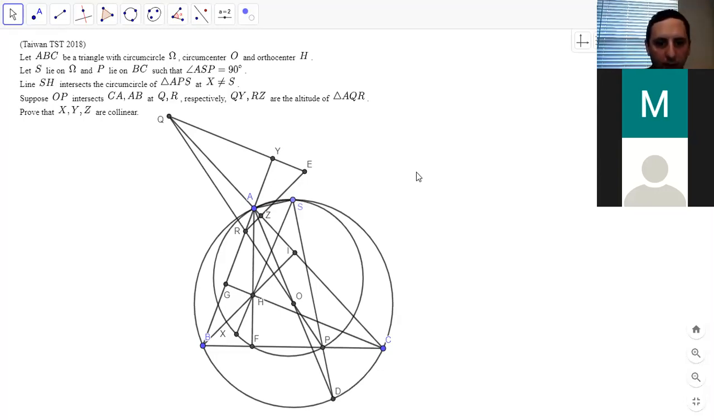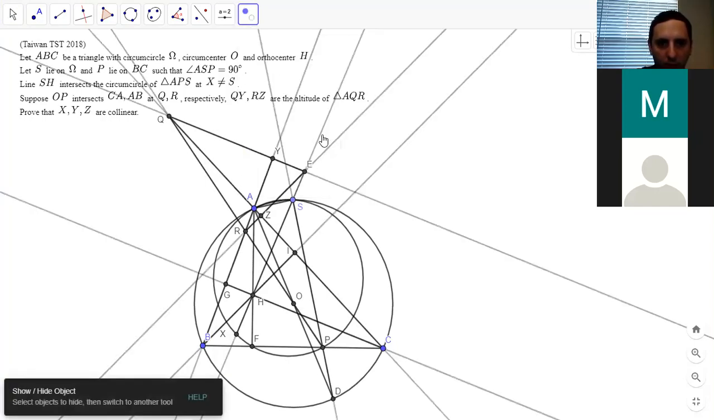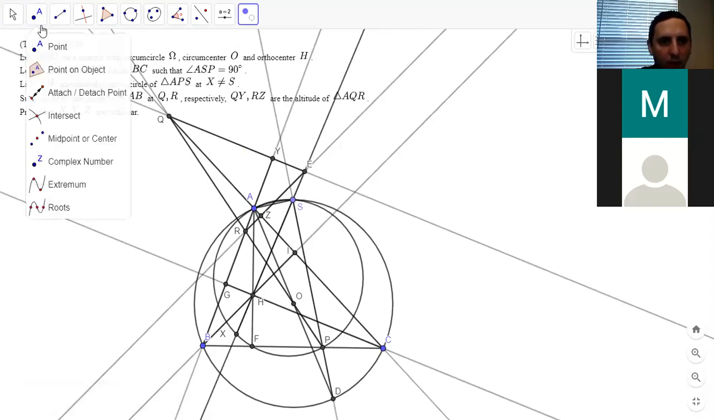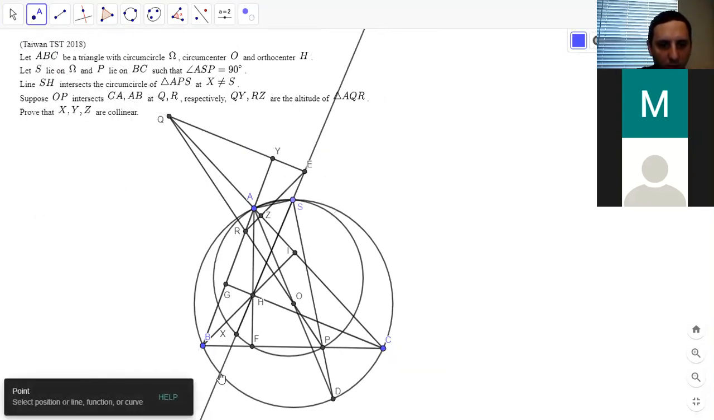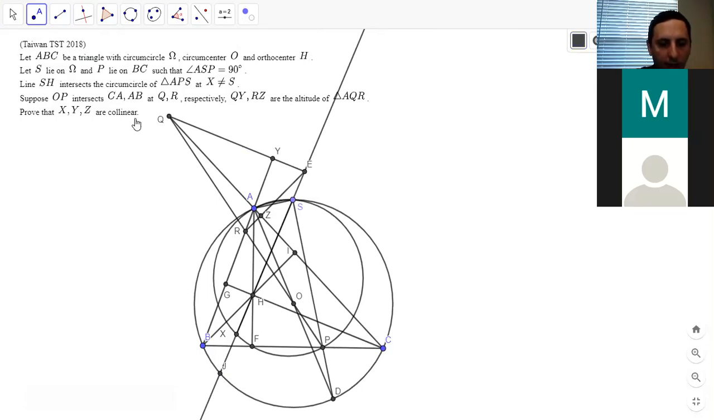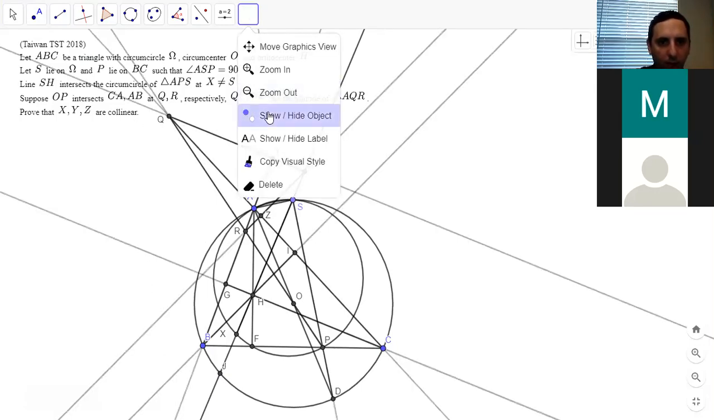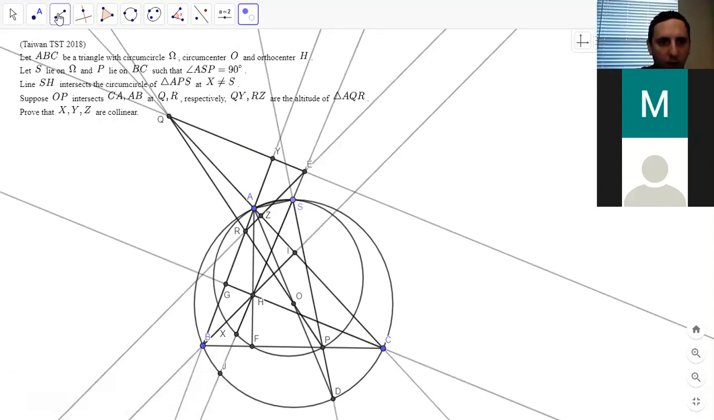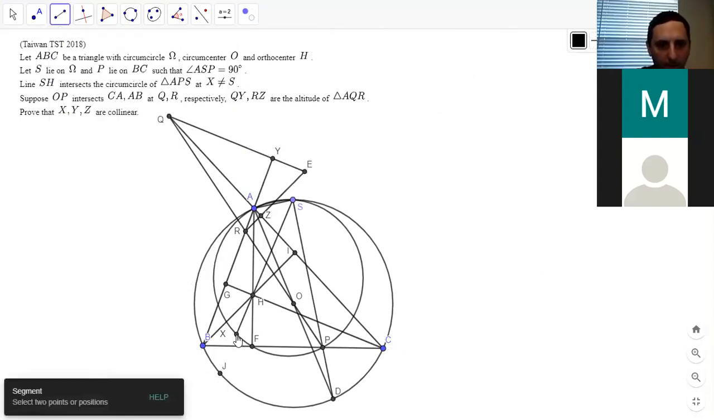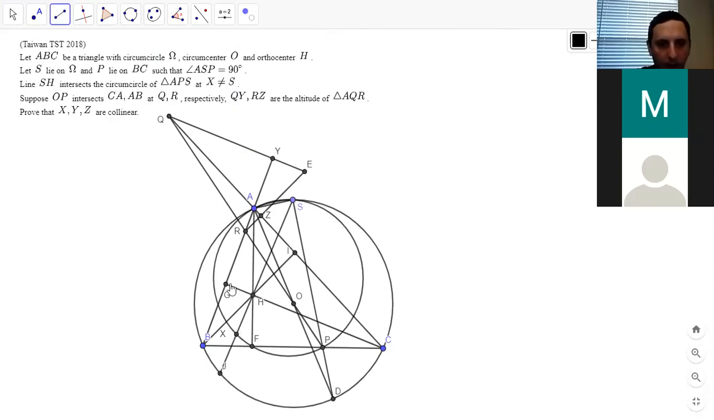Maybe it's worth letting SH intersect the bigger circle. Yeah, because I think if we let SH intersect the bigger circle, X is the midpoint of that segment. So I think X is the midpoint of HJ, and I think that's easy to prove using power of a point. Because if we extend this one to meet the circle at a point K,